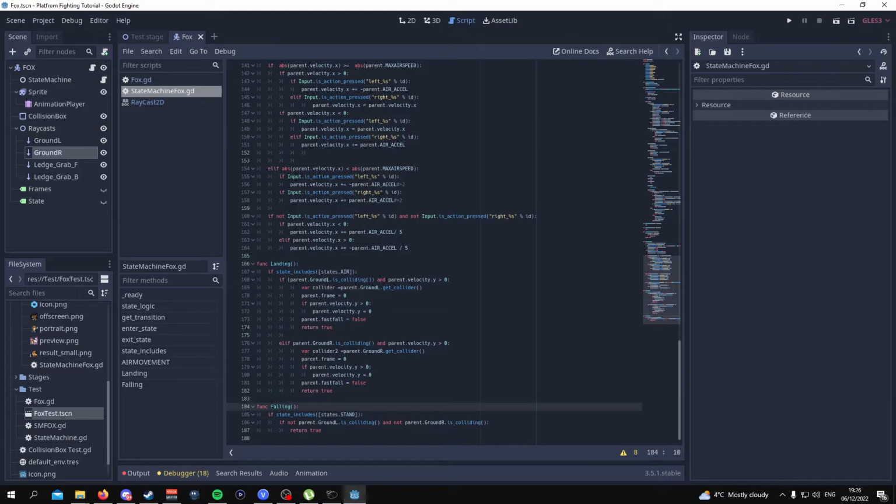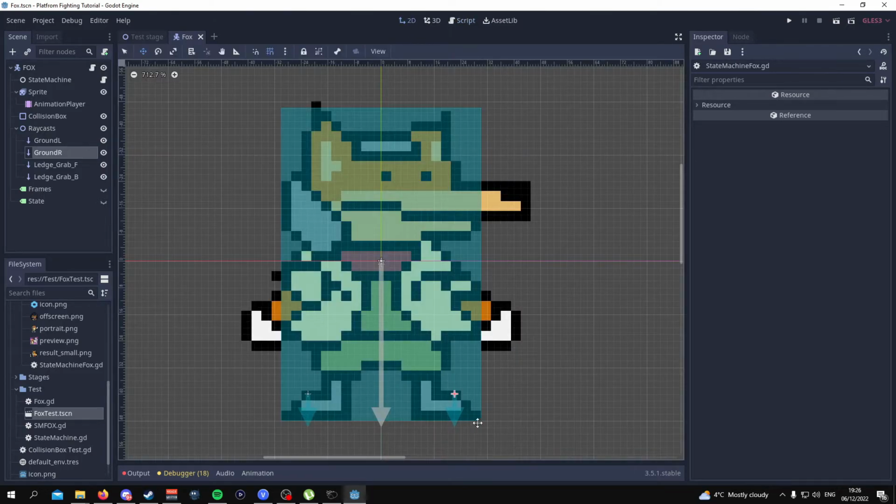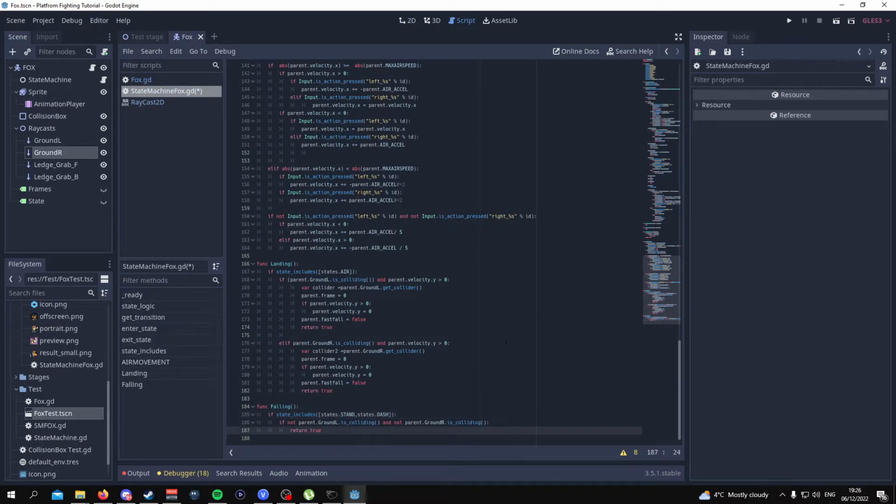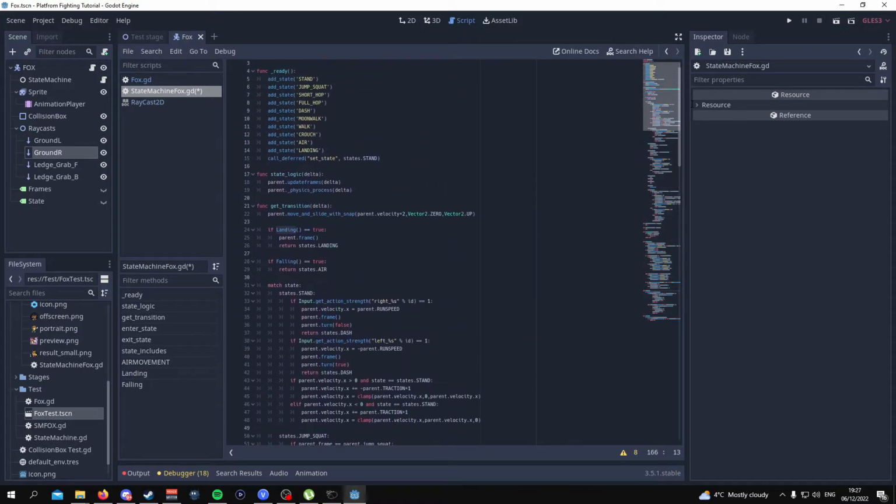It's the same thing for falling. If you are falling, this is basically going to make it so that if, let's say, you're in a state such as standing and somehow underneath you the ground disappears, if you're in any of these states, standing, I can probably add states dash as well. This is probably another one to add. If your raycasts over here are not touching the ground, then also return true. And the reason why we're returning true for landing and falling is because up here within